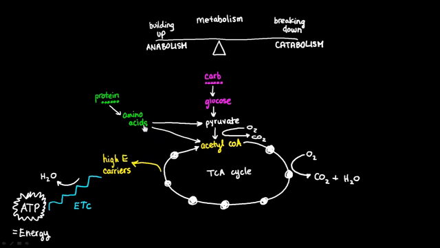And when the amino acid makes this transition, something is given off, and that something is the amino group. So the amino group, or the amine, is given off, and that amine becomes one of the waste products in our urine. So that's how we get rid of those amine groups.